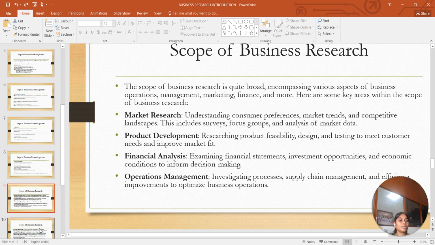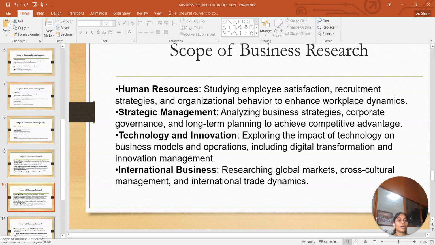Operations management, investigating the processes, supply chain management, and logistics management to efficiently improve the optimization of the business operations. In human resource management is the studying of the employee satisfaction, recruitment strategies, and organizational behavior to enhance the workplace dynamics. And strategic management, analyzing the business strategies, corporate governance, and long-term planning to achieve the competitive advantages. And technology and innovation is exploring the business models and operations, including the digital transformations